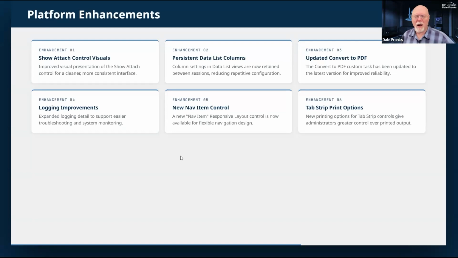Logging improvements. We've done a couple of different logging improvements, one of which was requested by customers, which is that whenever something is invoked by, like, a form instance, they would like to know what the parent object is. This is especially true if you're dealing with things like conditions. We were storing the condition ID or the condition set ID whenever it invoked an error, like a condition couldn't be evaluated, or you happen to delete a condition set and there's a reference to it somewhere and it says, hey, we're missing condition set ID.